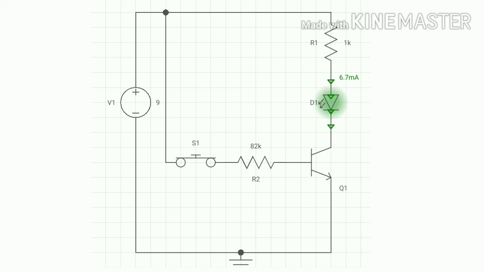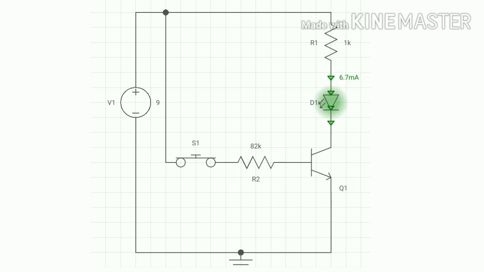Okay, so by this circuit you can redraw it on a breadboard, or you can build the circuit using a PCB, and we can use the transistor as a switch also. Now I am turning it off, the LED will glow off. Okay, so as you press this switch, the LED will glow. So this is the basic circuit of how to run the LED by using a transistor.